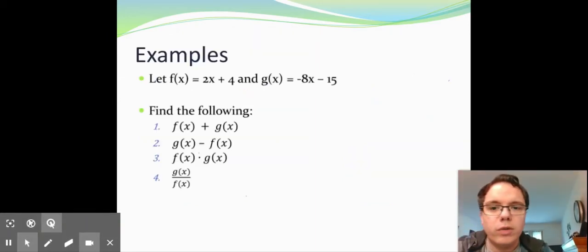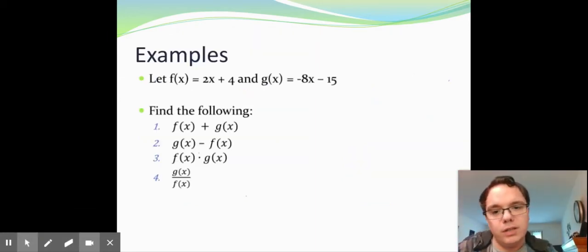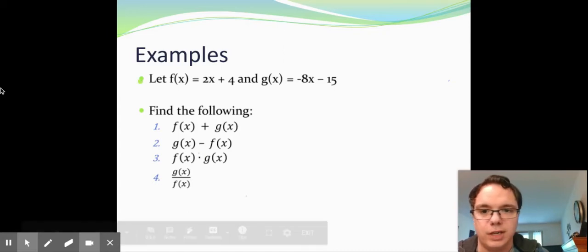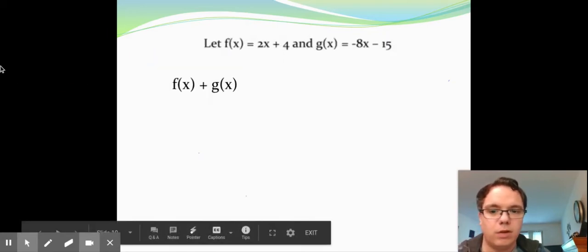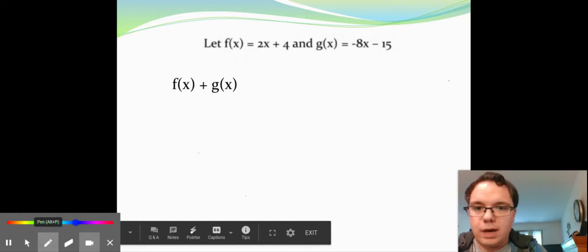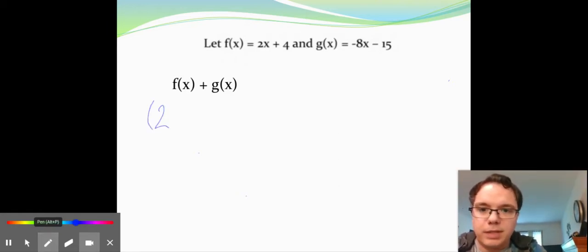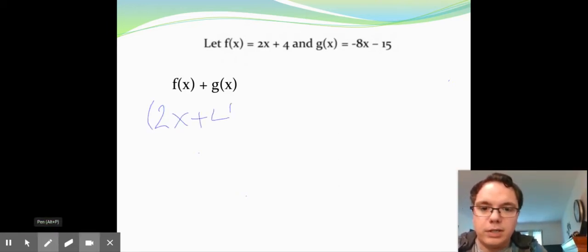All right, so I'm just going to go through each of the functions one more time with two new functions. So f of x equals 2x plus 4, and g of x equals negative 8x minus 15. And we are just going to go through each of these following functions and see if we can figure them out. So we're going to start with f of x plus g of x. So our f of x now is 2x plus 4, and our g of x is,